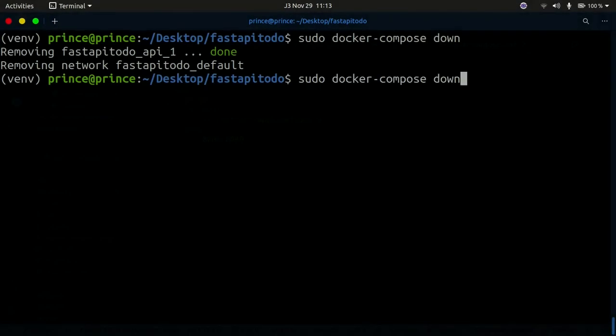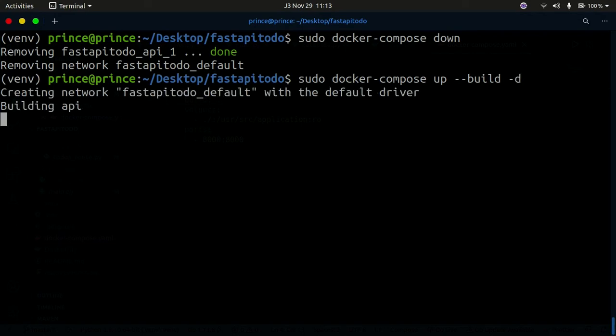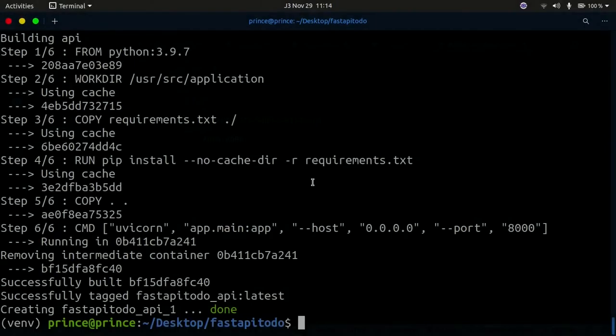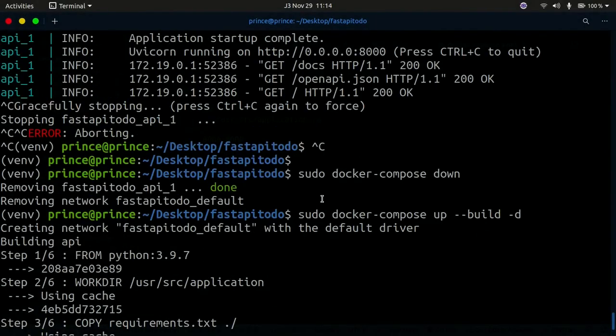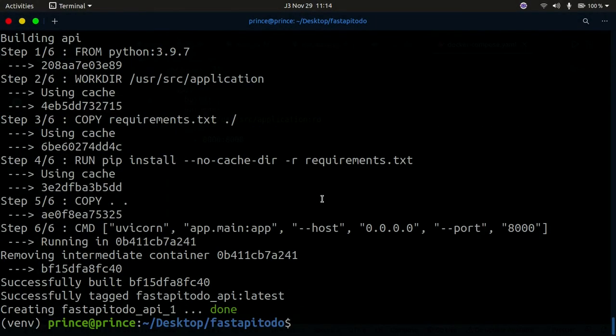So once that is done, I'm going to do a Docker up again. I'm going to rebuild this, and I'm going to run it in detached mode. This is going to create the Docker file again from scratch, so let's wait for this to get created. Now once you're done rebuilding this Docker container, and you're running it,